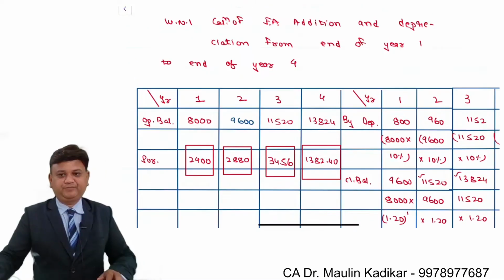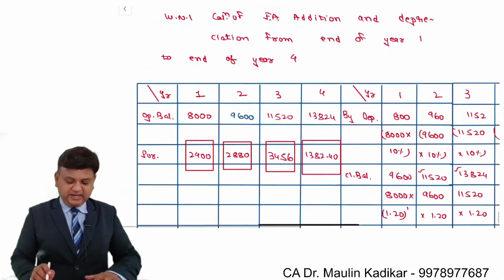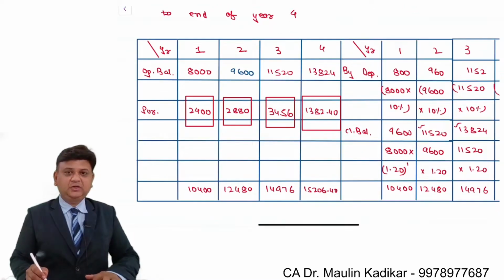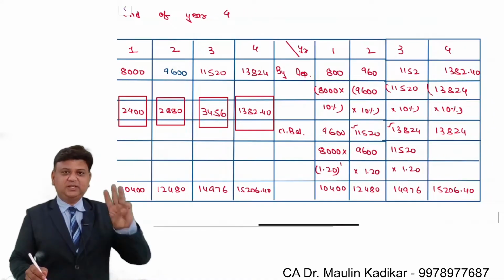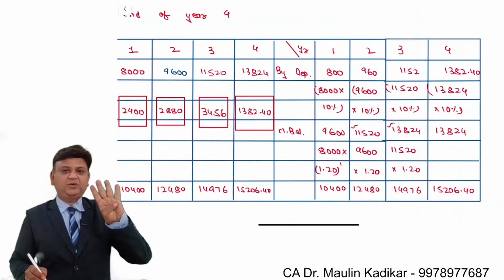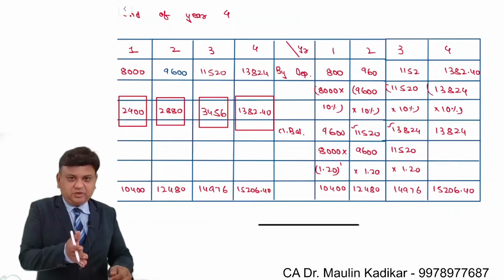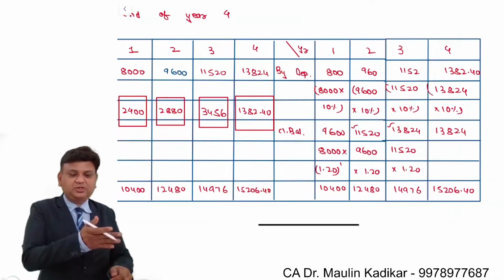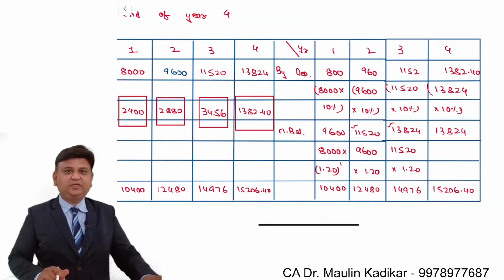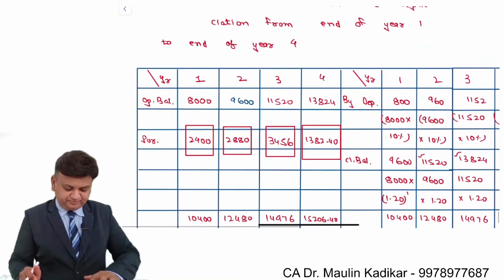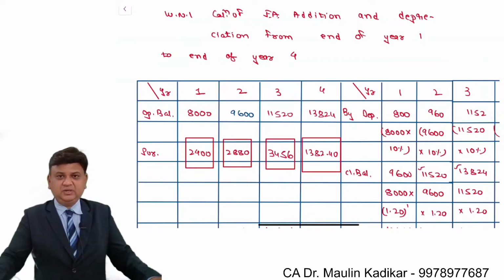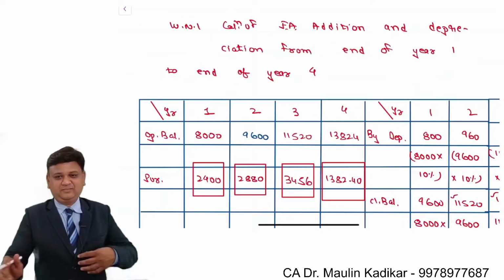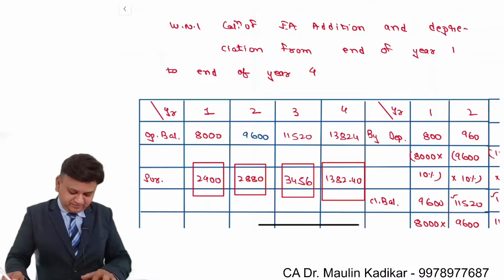Please take an answer. Second working note will be calculation of working capital addition from end of year 1 to end of year 4. Friends, over here the sales strategy is adopted for 3 years. Here we are making calculation for 4 years because from 4th year onwards for perpetuity, whatever the cash flows which the business is going to generate will be discounted to the 3rd year end. That is the reason. So I request all of you to make the calculation of the working capital addition from end of year 1 to end of year 4 and put your answer in the chat box. One more clarification that I want to give is that